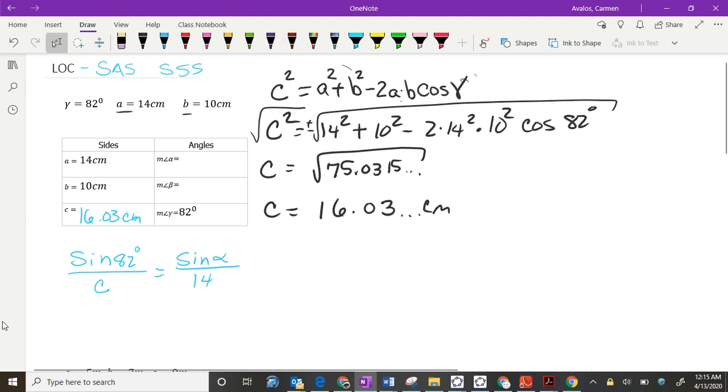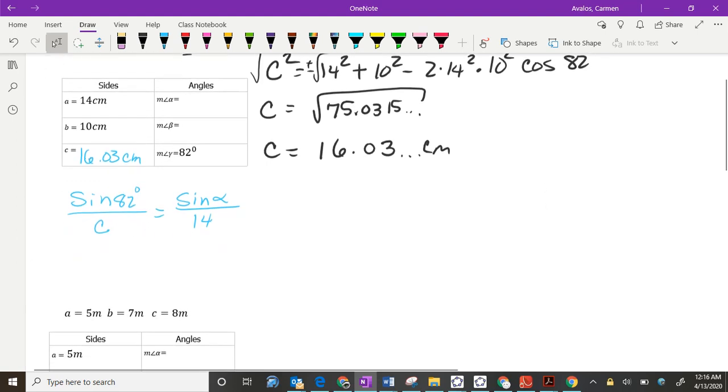But once I found out what C is, now I know what C is, I could actually use this and find what alpha is because now I only have two unknowns. I have no choice. I have to use what I found. And since I stored it, I could actually put this into my calculator really nicely and be able to solve it. So what we do is we want to get the alpha by itself. So we're going to do that cross multiplication. So the cross multiplication is going to give us on here